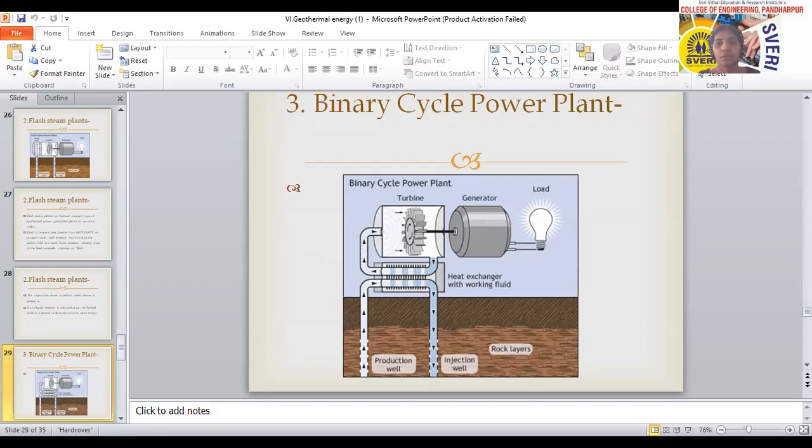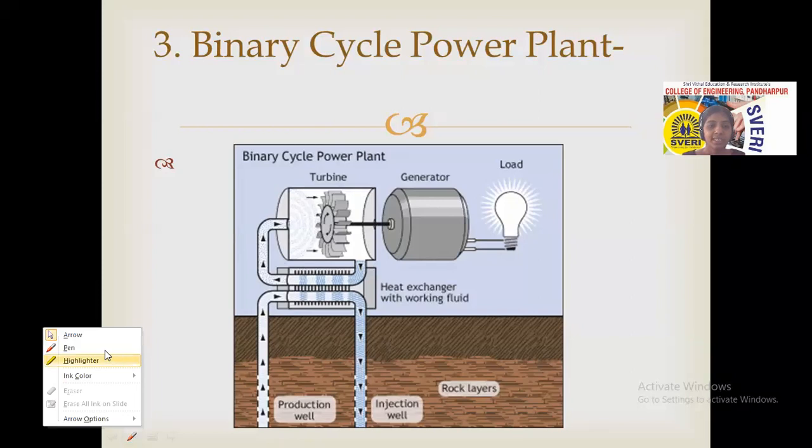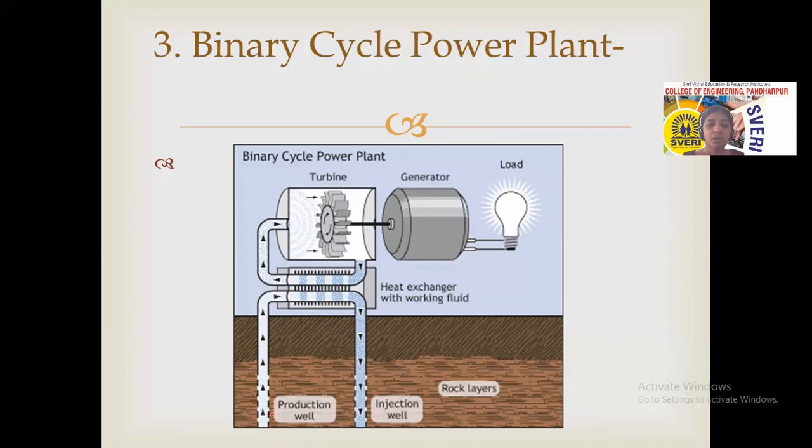Heat exchanger. Oh, very good. A heat exchanger is connected in the case of the binary cycle power plant. So here two types of fluids are used. One is the primary fluid, and the second is the secondary fluid, or organic fluid, as you can call it. In the case of the first fluid, if heated water at a higher temperature is available underground, that water is transferred here to the heat exchanger.